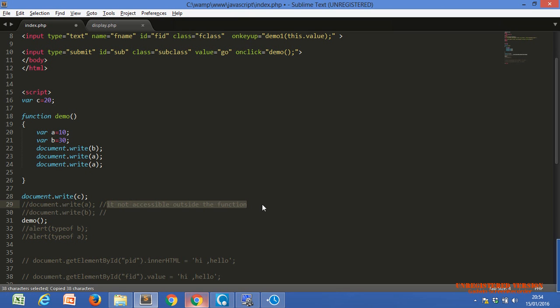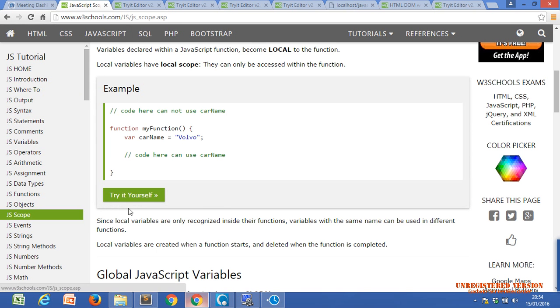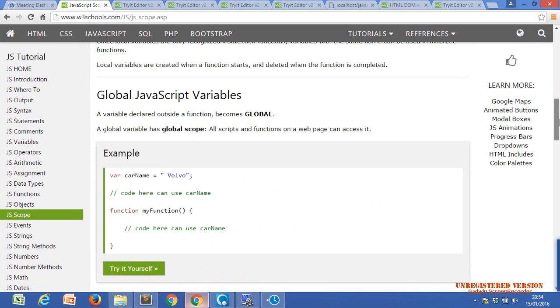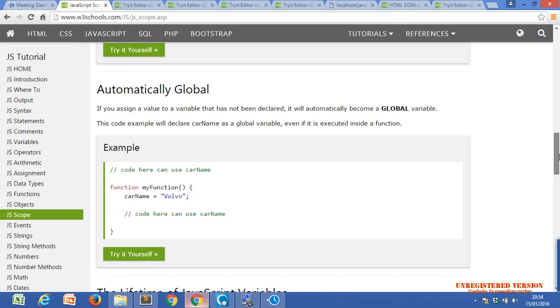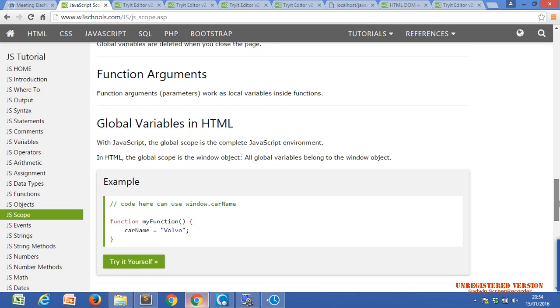Let's move ahead. So these are the scope of variables in JavaScript. A global JavaScript variable means if you declare it outside the function, it is automatically global and we can use it anywhere.